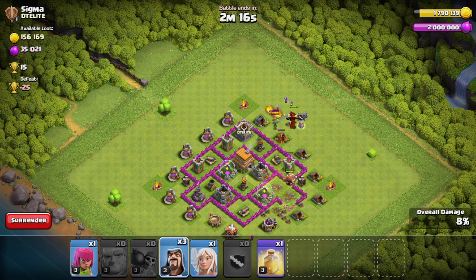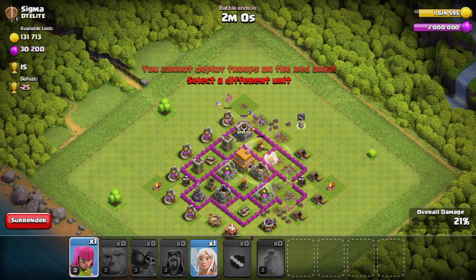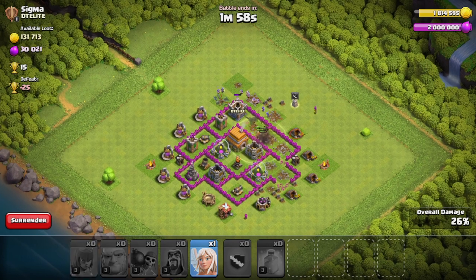This is perfect because now I can show you how to defend against clan castles. This is why I bring my own dragon. I always bring my own dragon so I can defend against these people. But notice how this time, because they have the defensive clan castle,